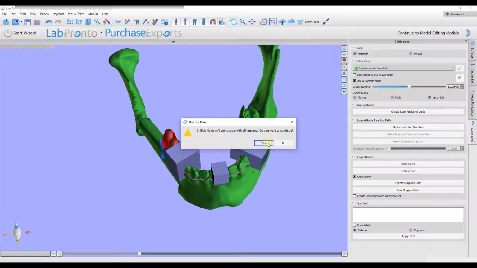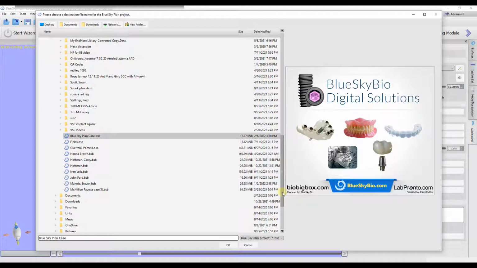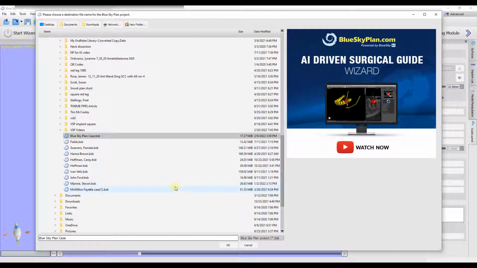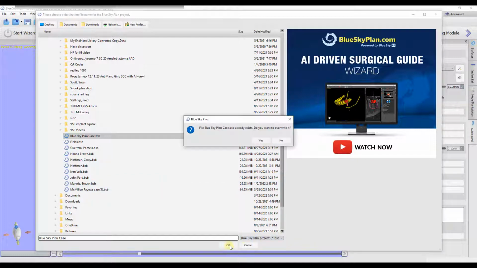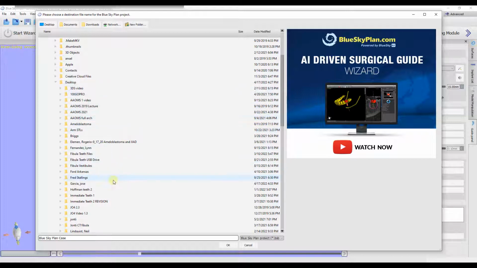And if you get these error messages, basically it's saying, hey, you're trying to create a surgical drill guide for an implant, but you haven't placed implants. And anyway, just click these buttons to make that go away. And it's also going to ask you to save the file before you